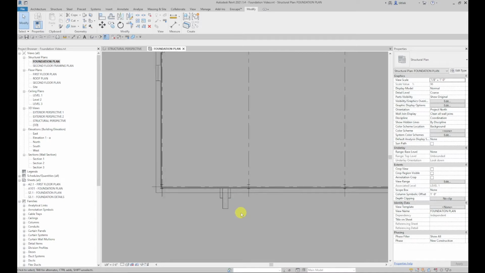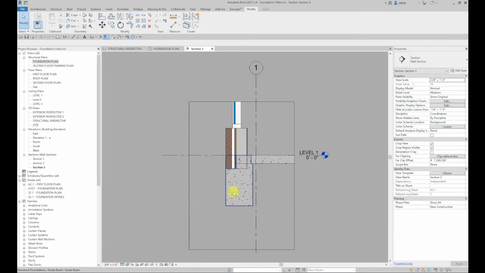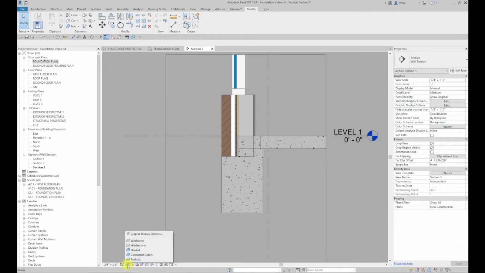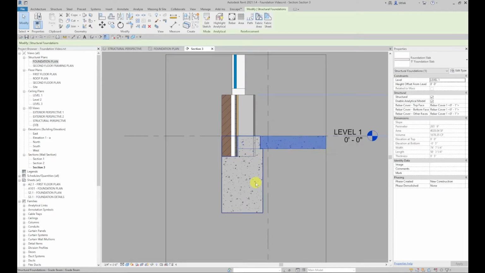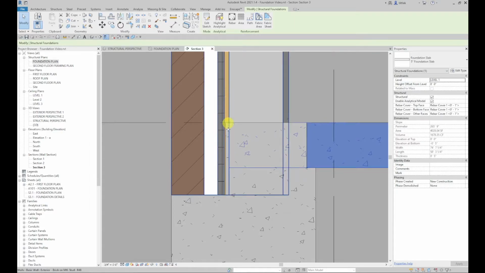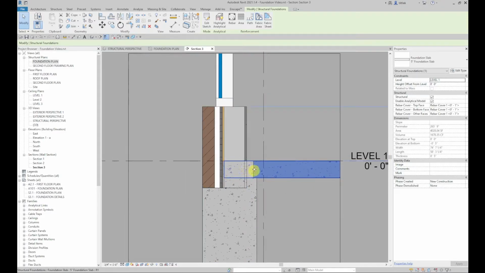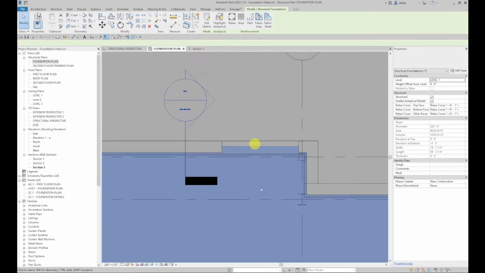So let's go back to our foundation plan, and actually I'm going to go to this section to show you what I'm talking about. Now I've changed my graphic display options to consistent colors so that I can see what's going on here, and you can see that I have my wall here, my slab, and my grade beam, and you can see that my slab does in fact align with the outside face of my stud, but it needs to come back to my little 1-inch slab ledge. So what we're going to do is go to my foundation plan,